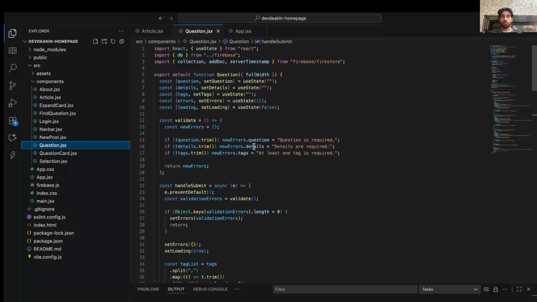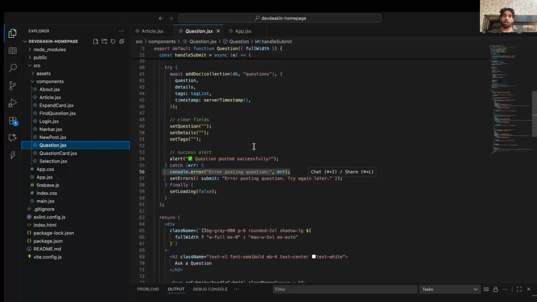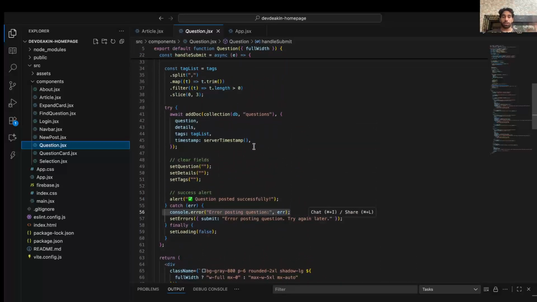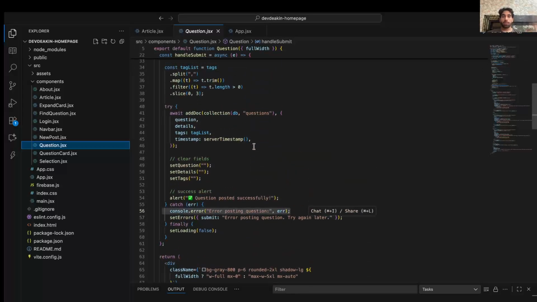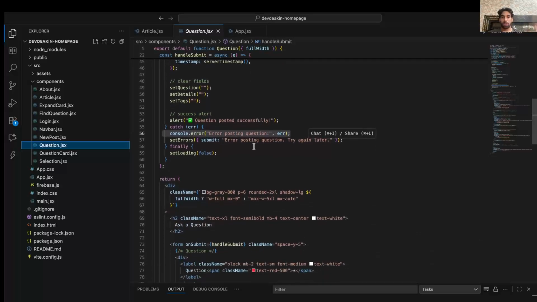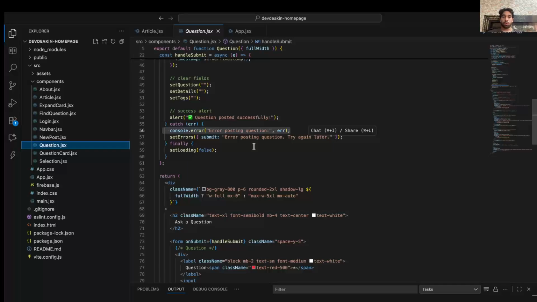This is very similar to the article.js file. Here the user can ask a question by entering a question title, description and tags, and I have given a limit of up to 3 tags they can write. Again I have used useState to manage the input and split tags by commas. I have validated the inputs. If the fields are empty or tags exceed the limit, the user will get a simple warning by alert. Then after the submission button, it will store the question into the Firestore collection known as questions along with the